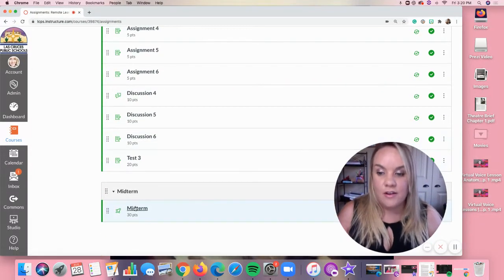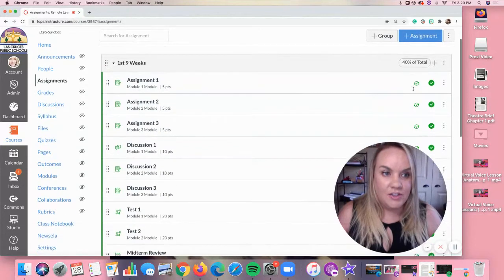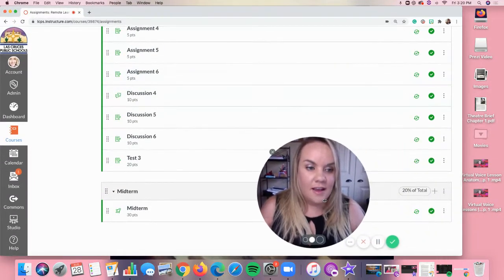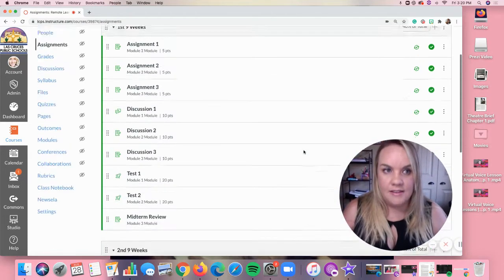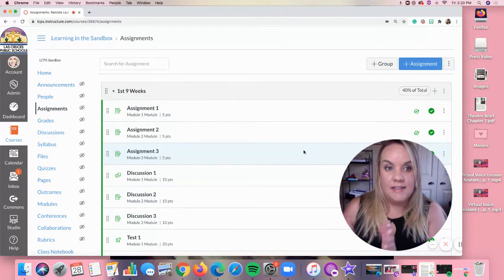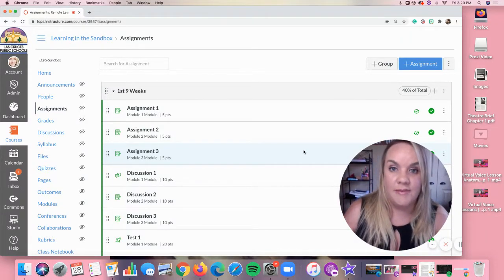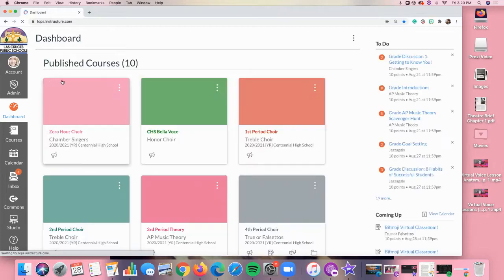And then you can see the third category is midterm, and I've put in the midterm. I've weighted each of these totals 40%, 40%, and 20%. And that is how we're weighting things so that they can go nice and seamlessly into Synergy later based on our district grading. So if you're unsure how to do this, go to one of your classes